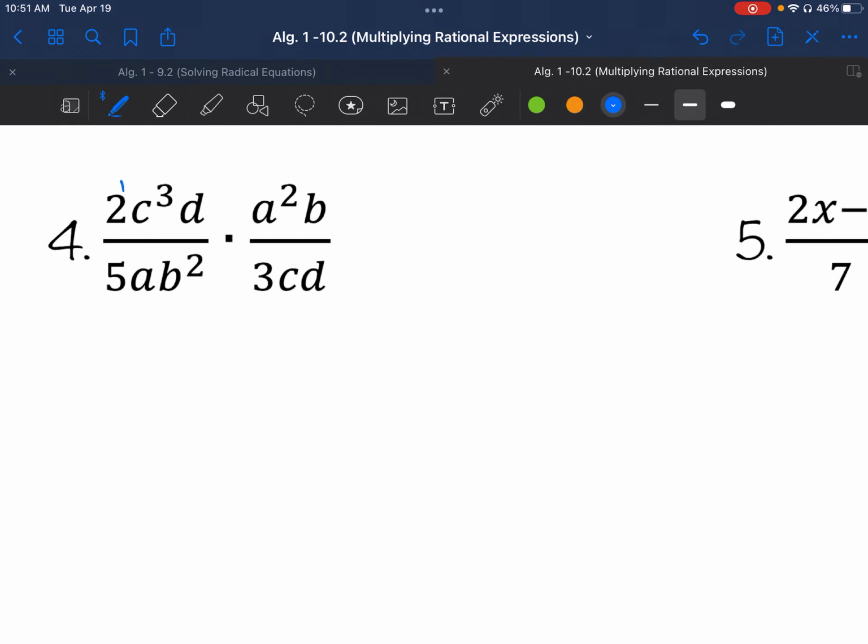So cross simplifying here, I can't do the 2 and the 3. 5 can simplify with nothing. So I look for my variables, c cubed and c. Yeah, I can simplify those and get rid of my c, and my c cubed can become c squared. My d and d can reduce and both just become 1 and 1. And my c became 1 earlier. A and a squared, my a can become 1, and my a to the second can become a to the first. My b squared and b, my b can reduce to 1, and my b to the second can reduce